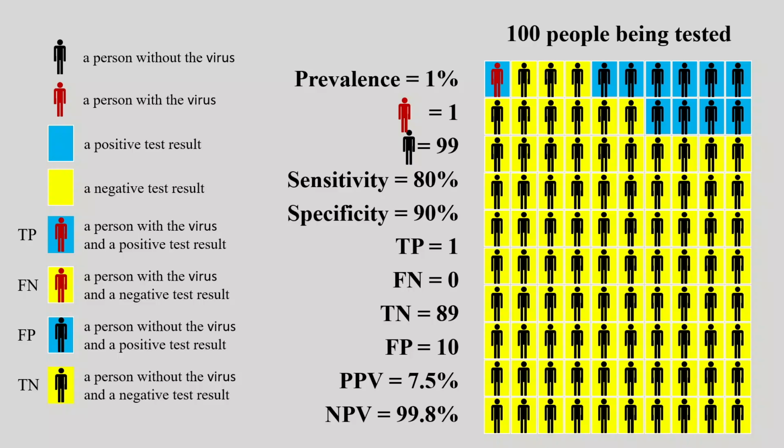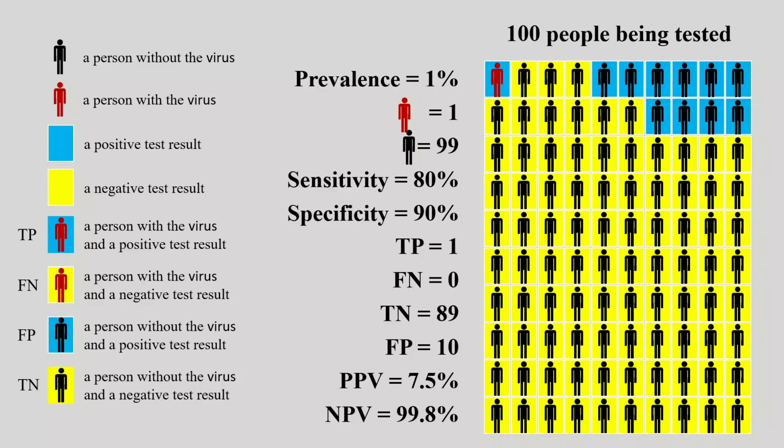Now the positive predictive value decreased from the initially 66.7% when we had a 20% prevalence to 47.1% when we had a 10% prevalence to now 7.5% when we only have a 1% prevalence. The negative predictive value increased from 94.7% when the prevalence was 20% to 97.6% when the prevalence was 10% and now 99.8% when the prevalence was 1%. Thus, when the disease is becoming more rare, lower prevalence, the positive predictive value will decrease, but the negative predictive